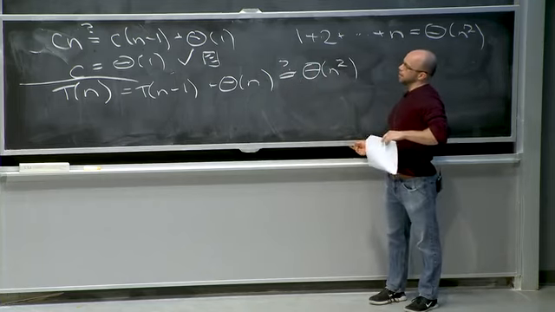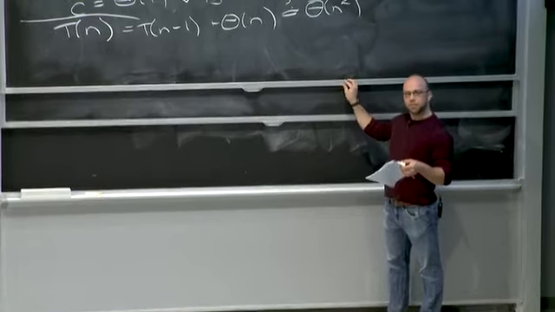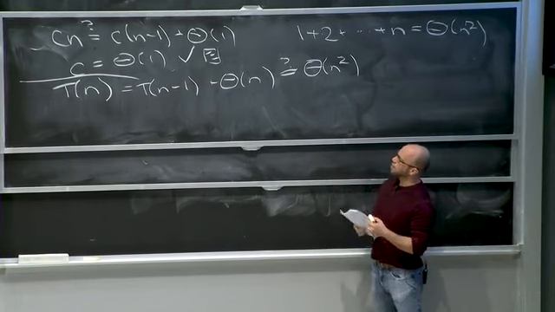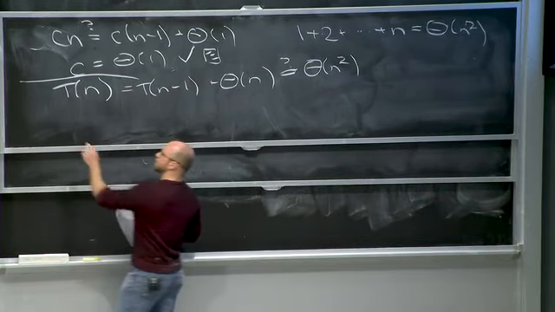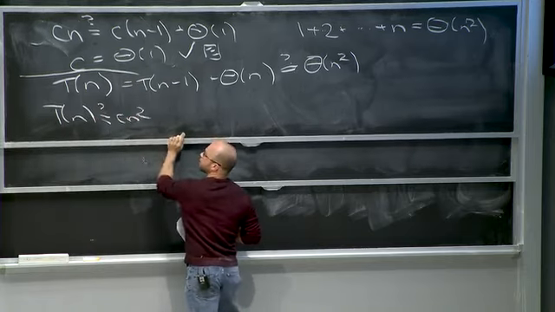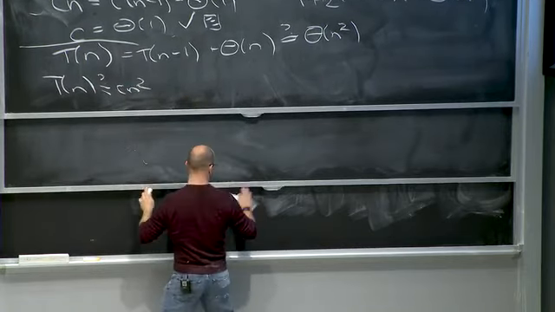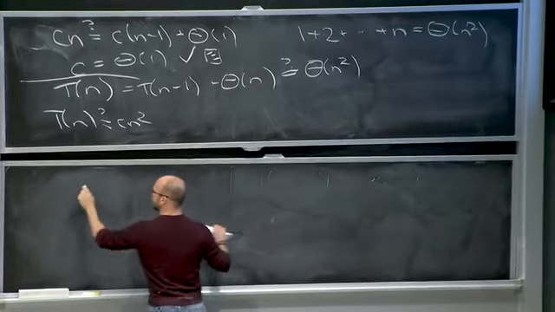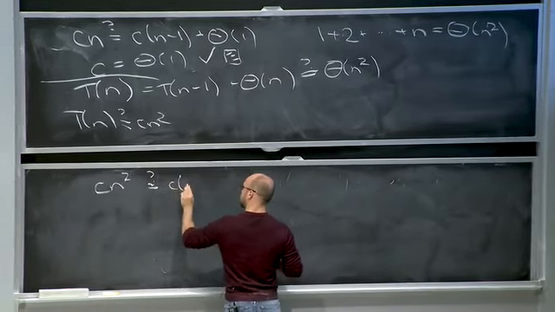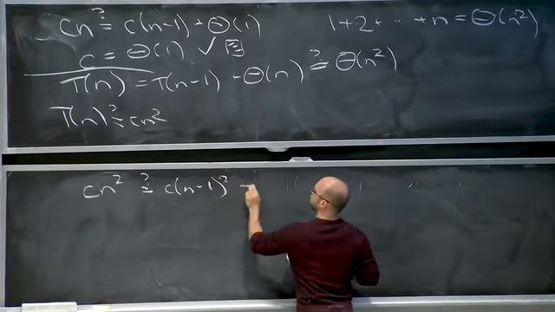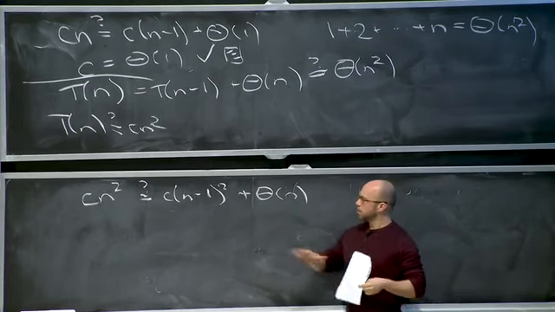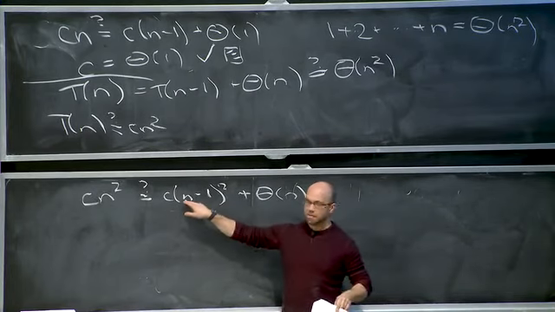So if I'm going to do that, then again, if I want to use the same technique for proof, I have to plug this relationship in, and then double check that it's consistent. So maybe I hypothesize that T of n equals cn squared, in which case I plug it in here. I have cn squared equals, with a question mark over it, c(n minus 1) squared plus big O, or even theta of n here. So if I expand the square, notice I'm going to get c times n squared